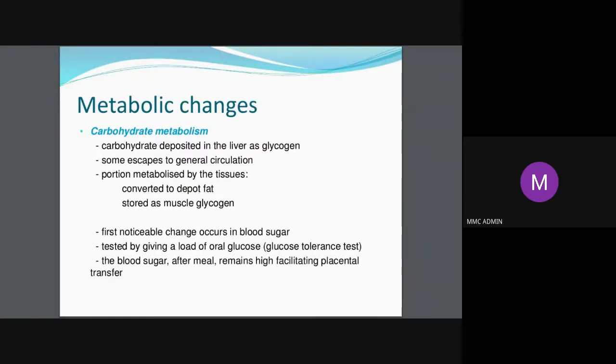And how do you test? Suppose you are doing a fasting and postprandial blood glucose test, and that turns out to be normal, and you want to find out whether this lady is prone to getting gestational diabetes, whether it is just lying there latently to come back later. So what you have to do, you have to give her the oral glucose challenge test. That will be taken in the chapter called GDM. When they are taking, they will tell you. Yes.